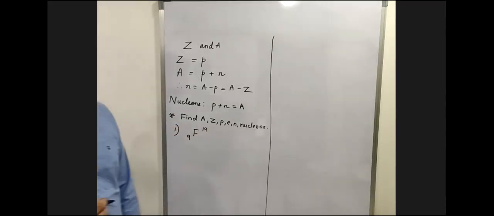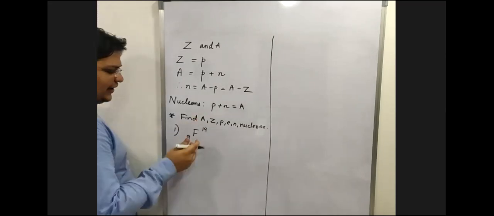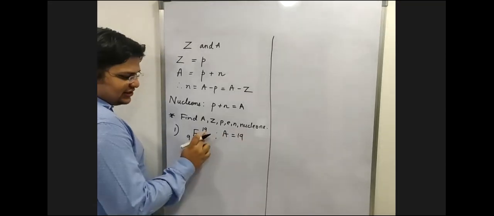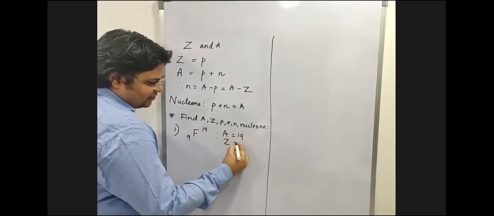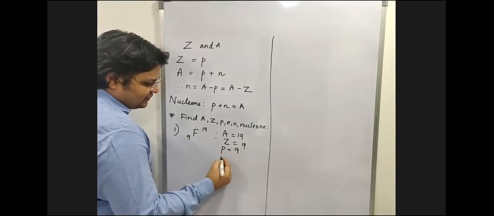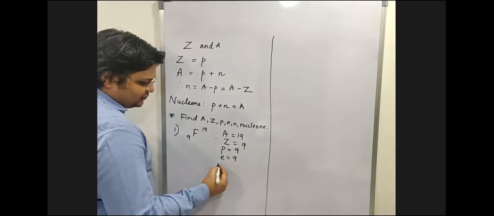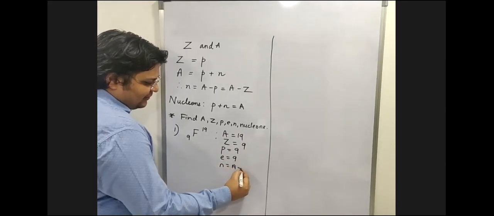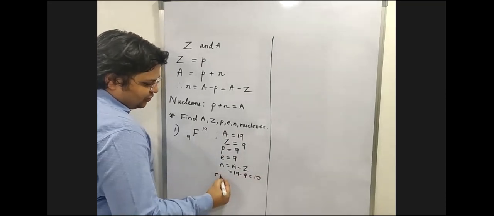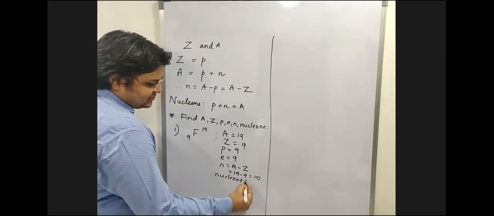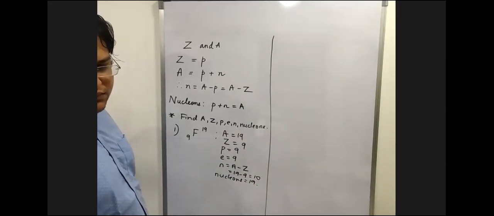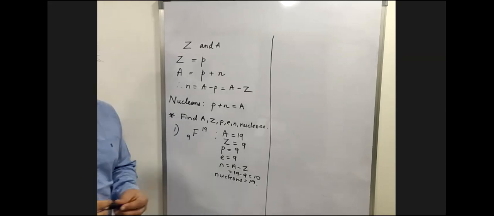Find A, Z, P, E, N. Can I say A will be 19? This is A over there. What is this? Z. Z will be 9. Can I say this is also equal to protons, which is 9, electrons, which is equal to 9. Then neutrons is nothing but A minus Z. What is nucleons? Nucleons is, can I say, 19. समझा है आपको? देखिए